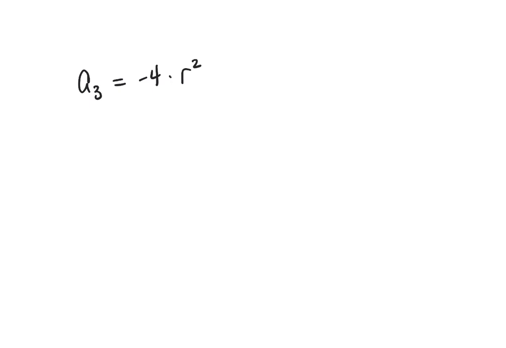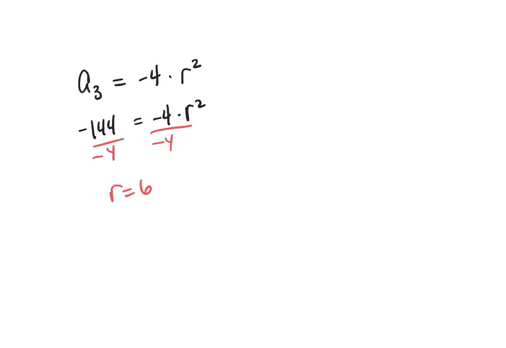2, right? And so your 3rd term is negative 144 equals 4 times r squared. Divide by your 4 and square root it. And that's how you get what your common ratio is, and that's how you know what to multiply by. Yeah, when you calculate this out, divide by negative 4, right, and take the square root, you will get that